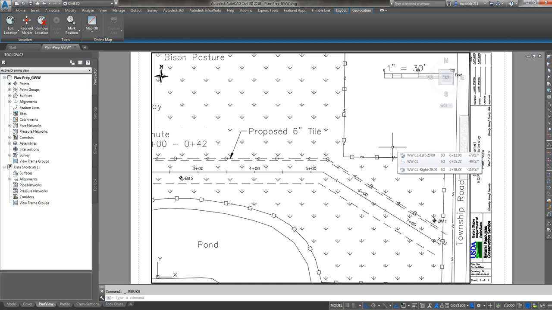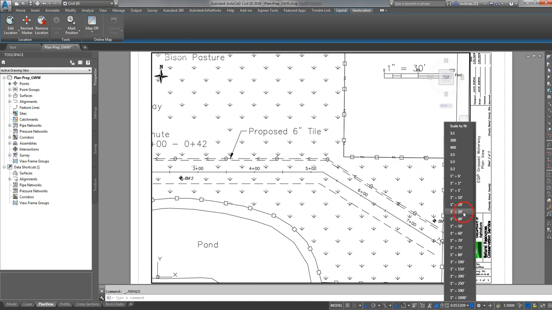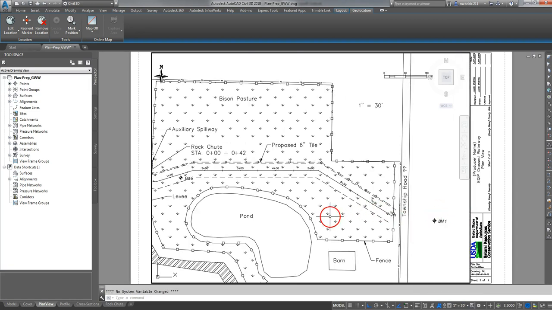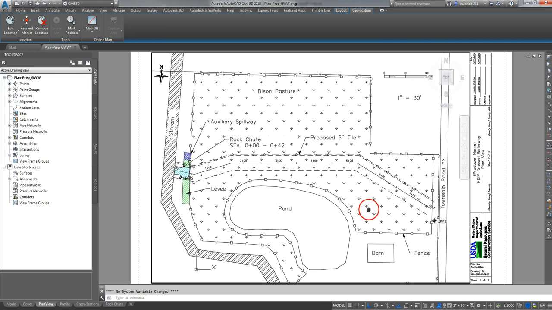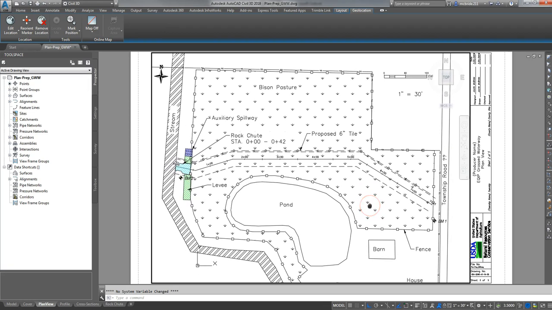If you send me a set of plans that has that kind of a scale, I'll send them right back to you and I'll say try again. Okay, because small things like this can make it very frustrating for a viewer to figure out what's going on. So what I'll do is I'll just set the scale back to 1 inch equals 30 feet, right like that, and then I'll recenter it to, it's right there. Okay,